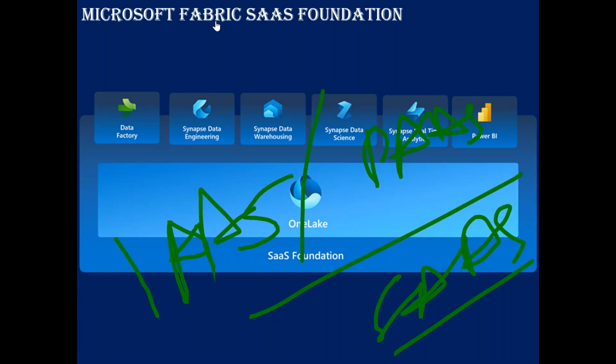These are the platforms using which you can build applications. Software as a service means they have already built some applications as per the user needs, and you can just call the service. Very good.